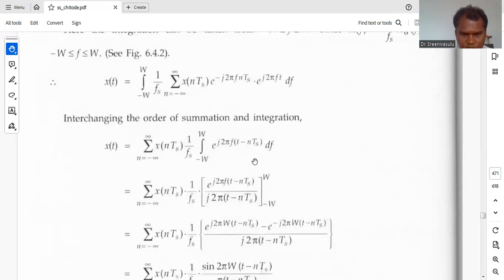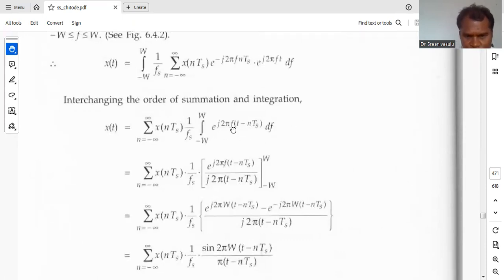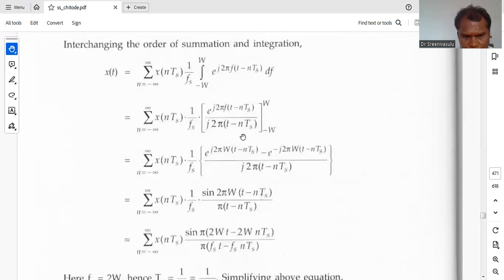Now, you can rearrange this, the summation and integration, and you can write an exponential term e power j 2 pi f t minus nTs. If we integrate this, e power j 2 pi f t minus nTs, we are doing integration with respect to f. So, j 2 pi into t minus nTs within the interval from minus W to plus W. So, we substitute these limits wherever we have f,